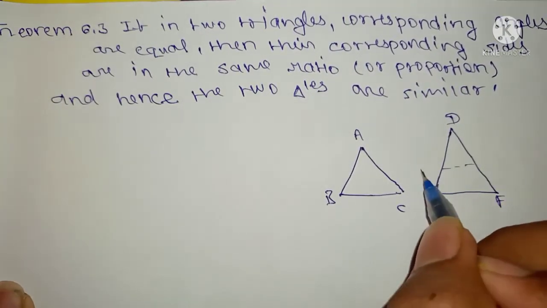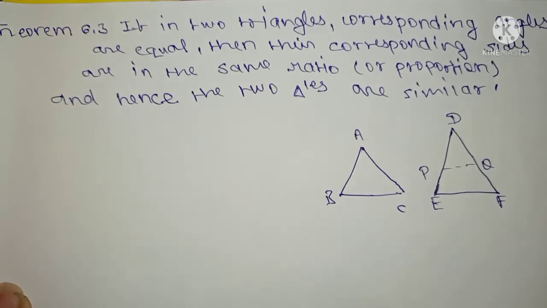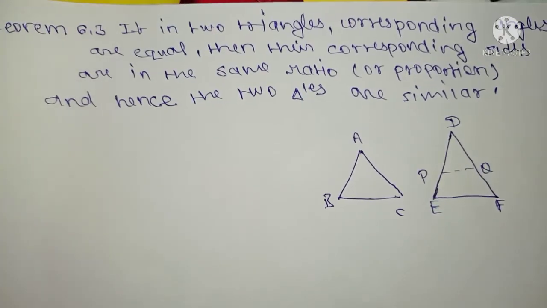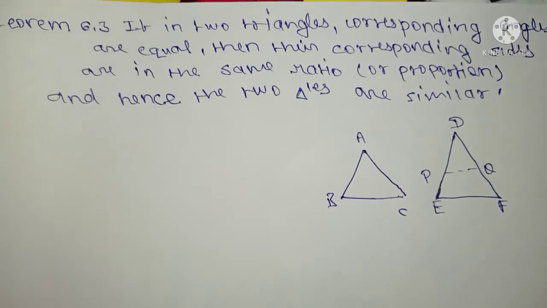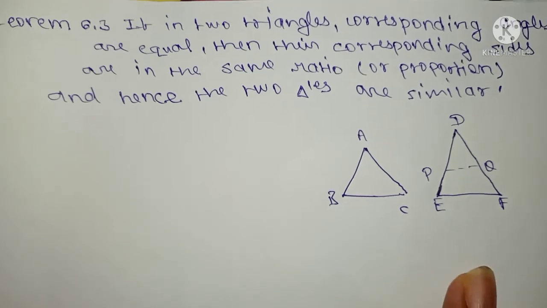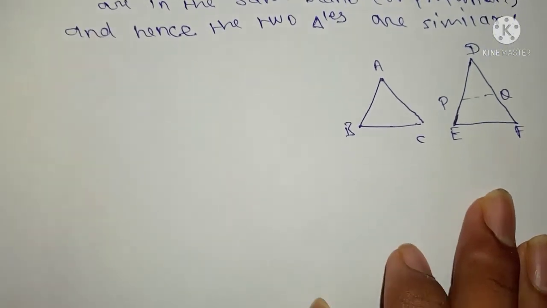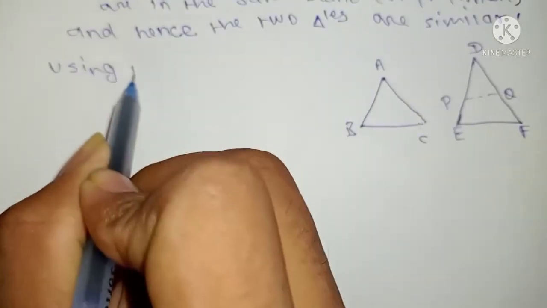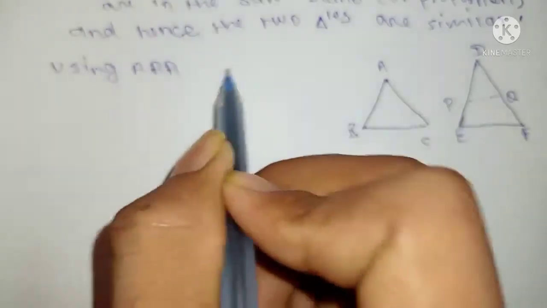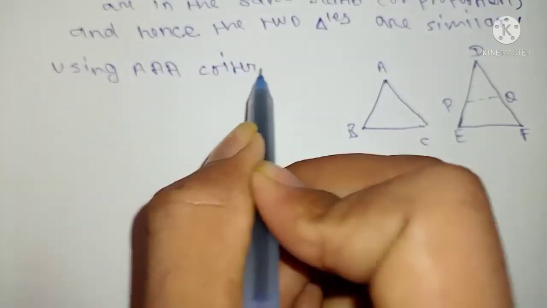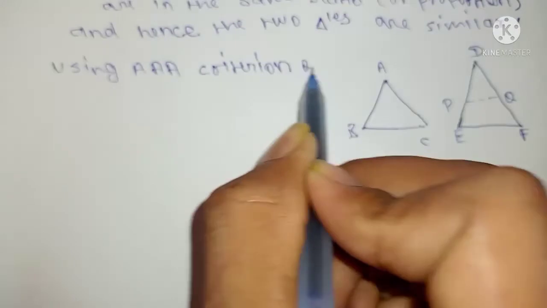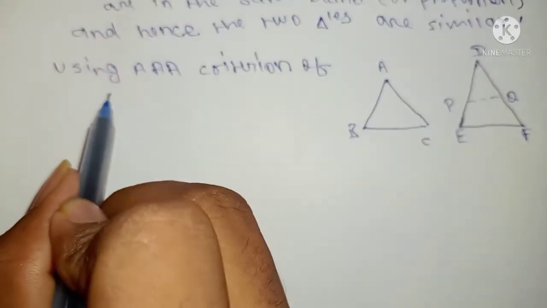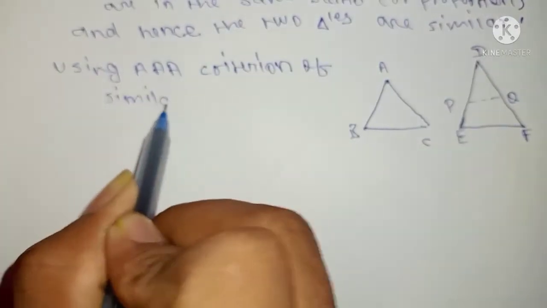Here one midline is given. Using the AAA criterion of similarity,